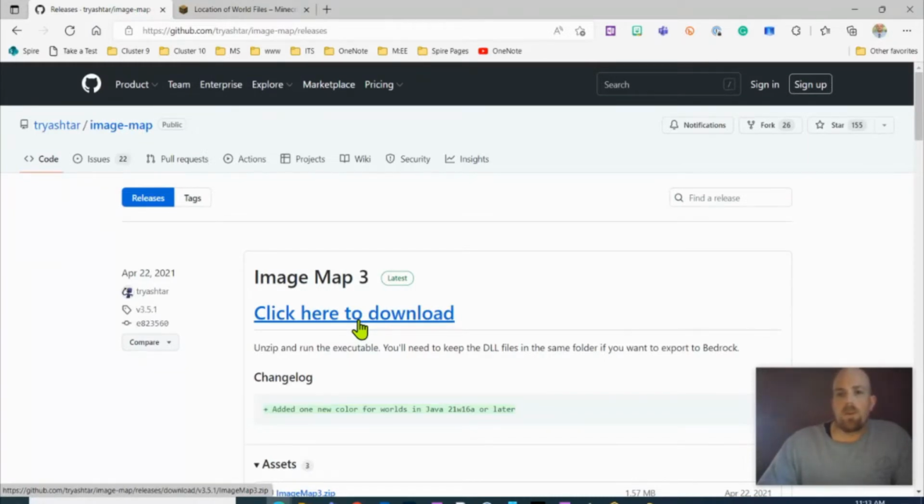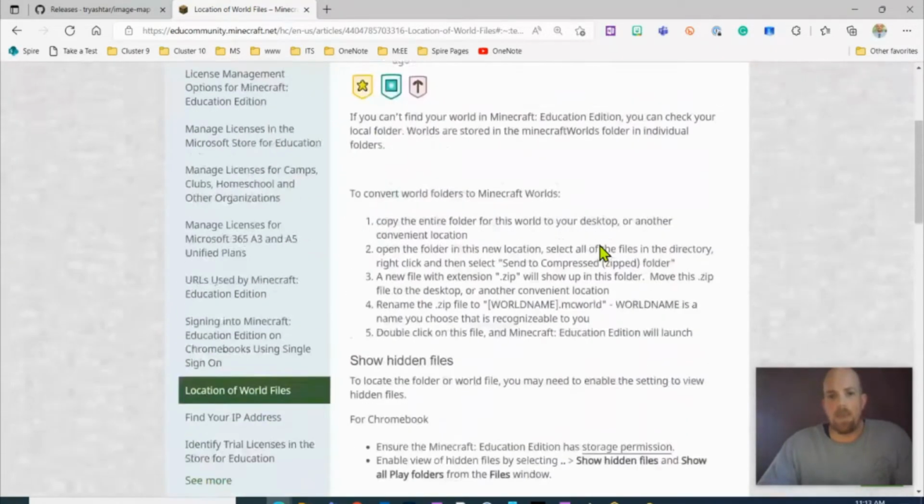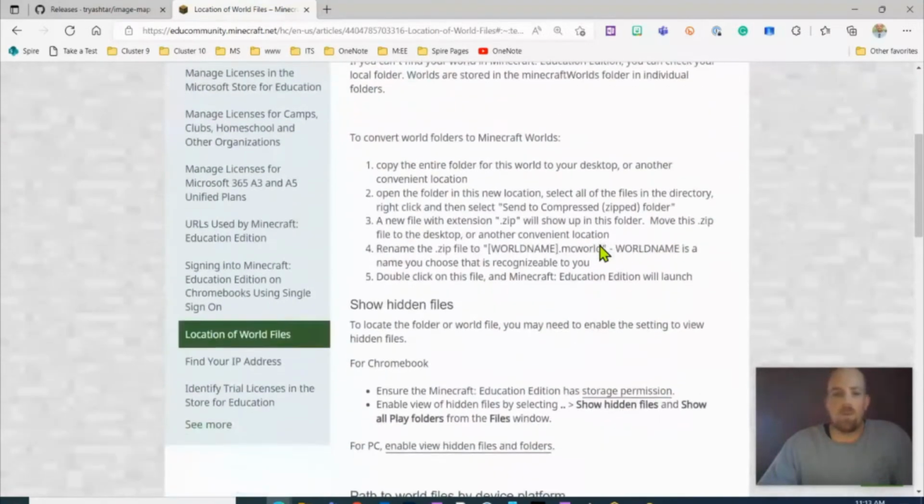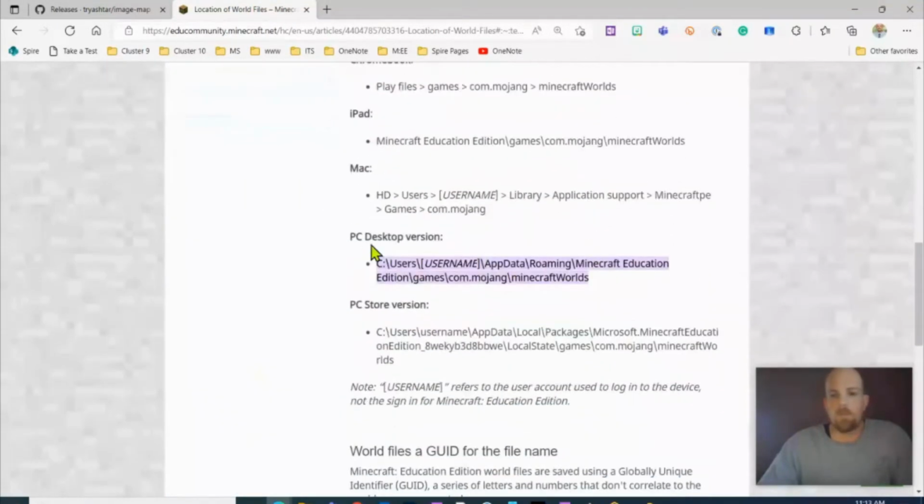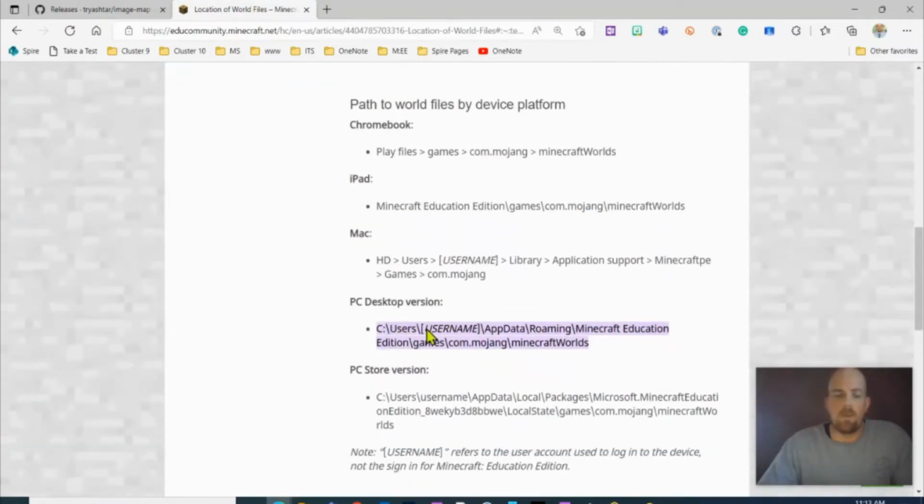The next thing you're going to want to do is locate your system files. I've also put this link in the description as well. Depending on what device you're on, this is on the Minecraft Education Edition Community Hub, about where you can find the location of your world files. If I go down, I'm running on a PC, a Windows device, so this here will be my location to do that. So what I might do is copy this,